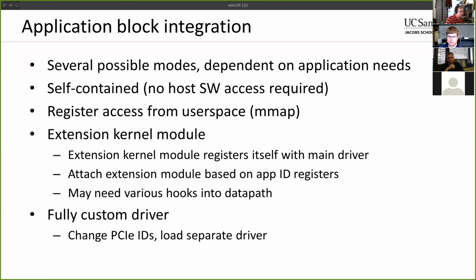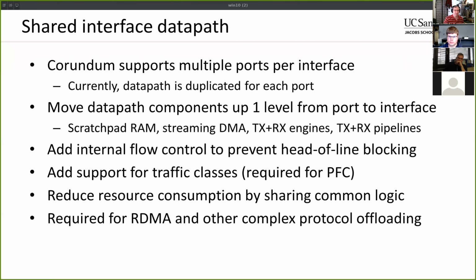Right, so moving on for now, we have the shared interface data path. When we started thinking about running RDMA on Corundum, I realized pretty quickly that one of the things Corundum supports is multiple ports on one interface. And if we're going to keep that feature around with RDMA, we're going to have one entity that's performing all of the RDMA operations, because for RDMA, you have a bunch of connection state and whatnot. So if you have one entity that's doing all of that processing, then it makes keeping track of all that state easier,